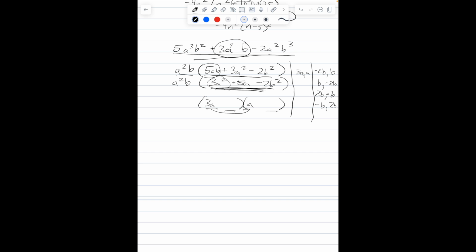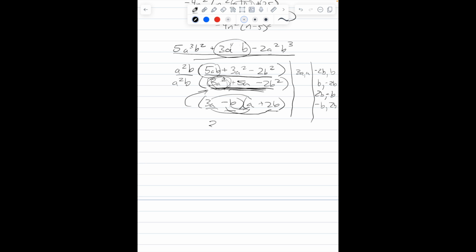Well, if we check our math, we know that we have to have the negative b here and the positive 2b here. Now we can do this distribution, or as some of you call it, FOIL, to check this. So let's see if we can get back up to that answer. 3a squared, there it is, 3a squared, minus ab, and plus 2b,